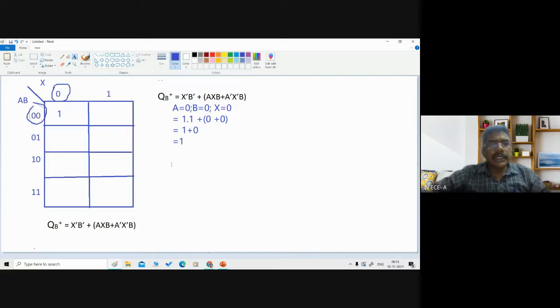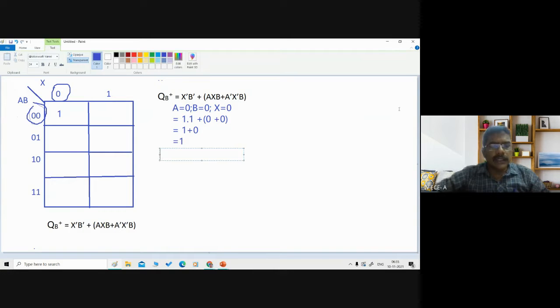Okay, so second case, a equal to 0, b equal to 0. The only change is x equal to 1. Okay, substitute in the equation. So x equal to 1, x dash equal to 0. Okay, x dash equal to 0, b dash equal to 1. Okay, b equal to 0 means b dash equal to 1